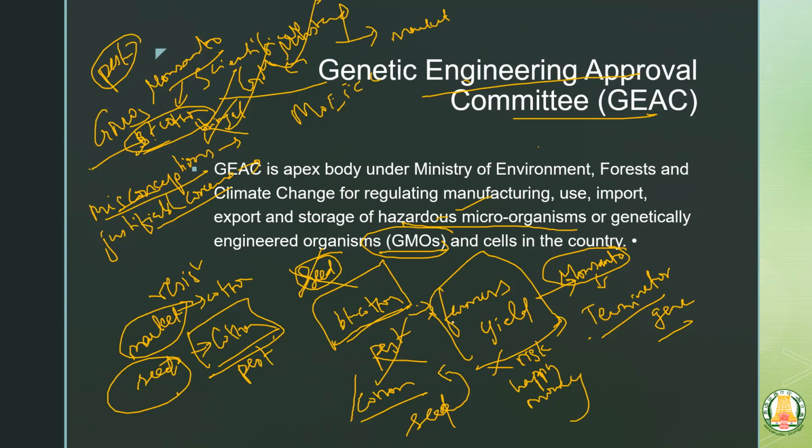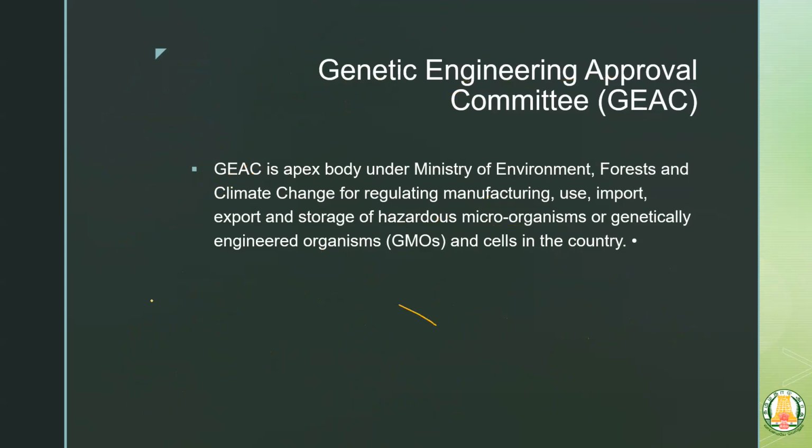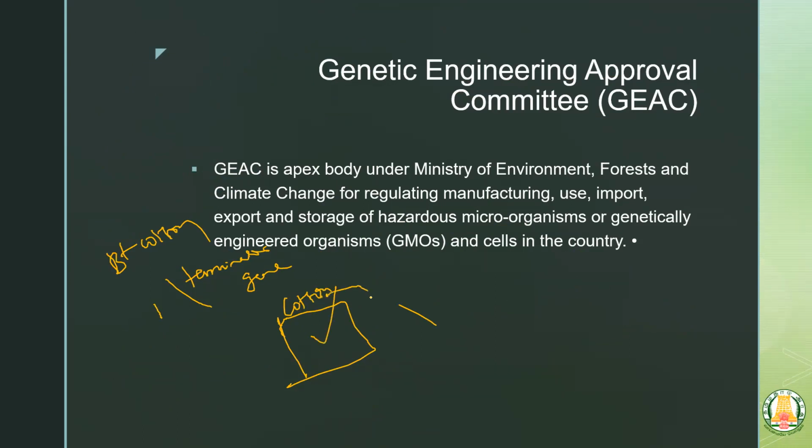And what happened is, they're very shrewd. I would call Monsanto very shrewd, because they had this terminator gene. So the farmer became dependent on Monsanto to buy BT cotton for the next cultivation. In the same field, if you are cultivating normal traditional cotton, you will be using it for the next cultivation also. But if you are using BT cotton and you are not getting the BT cotton seed for the next cultivation, and if you consider it too high in price,